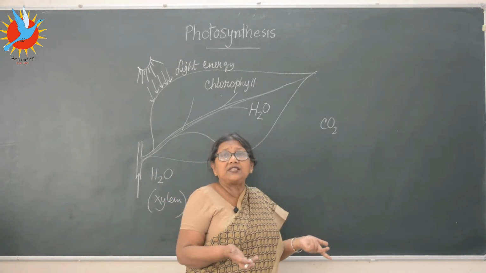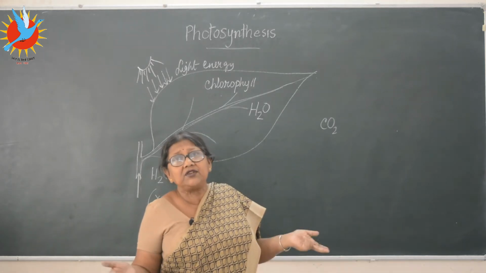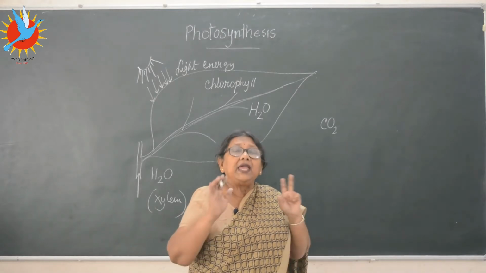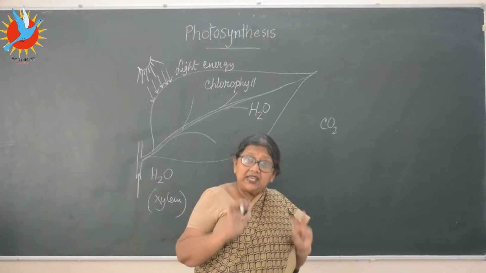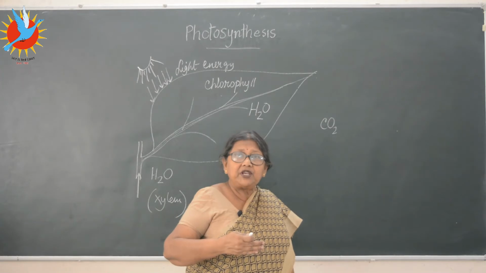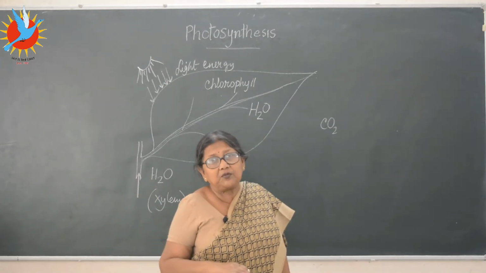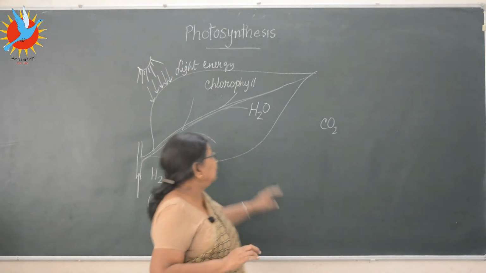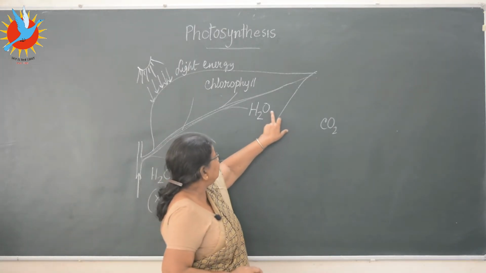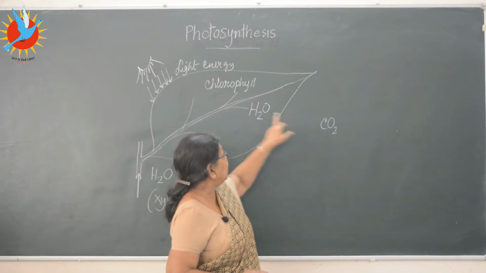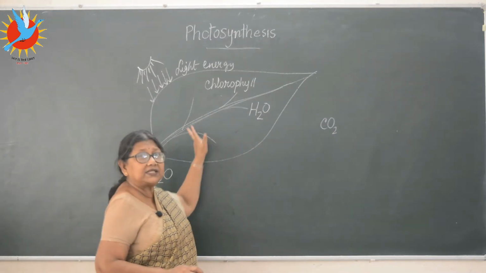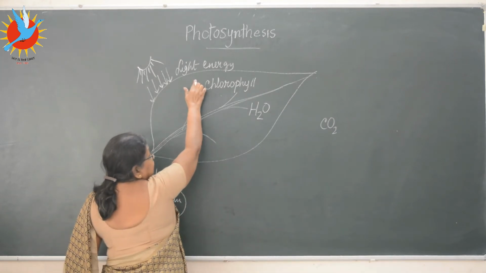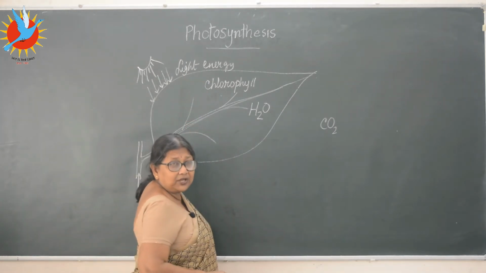And you know, respiration is a continuous process. Day and night it is occurring continuously. So all the cells are giving out carbon dioxide. If by any chance there is a shortage of carbon dioxide, they will absorb it from the atmosphere. If there is excess, that will be given out. Clear? So the two things needed for photosynthesis are carbon dioxide and water, and all the cells are already having them. Now first step absorbed, second step converted into chemical energy.